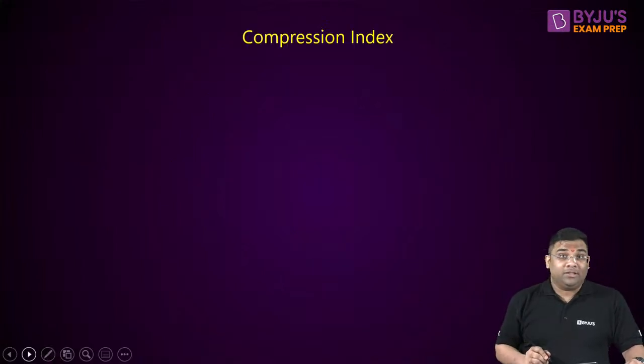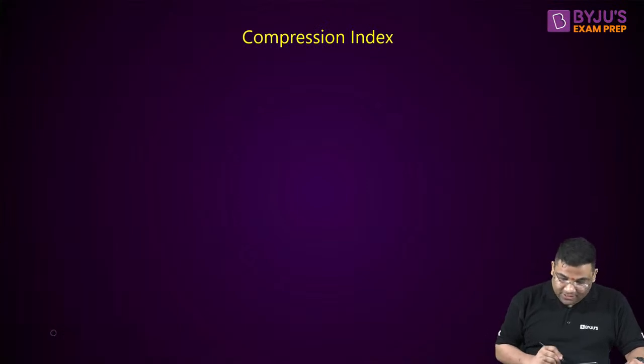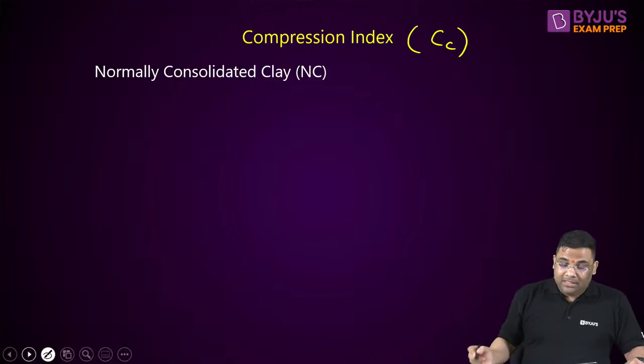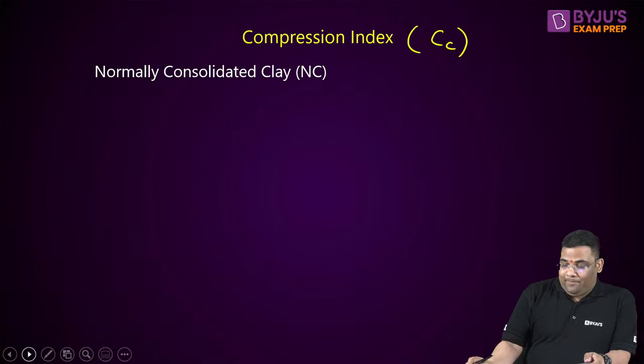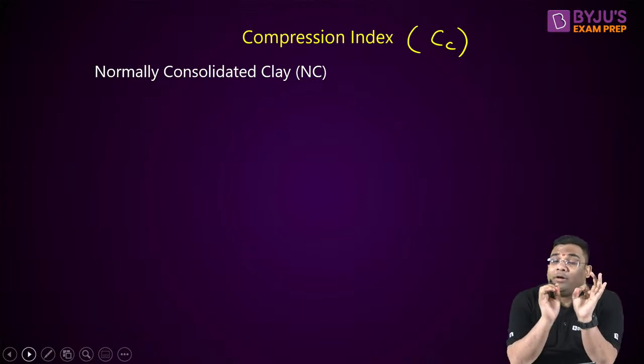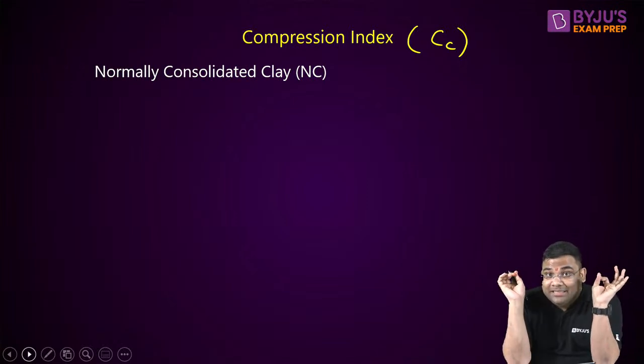The next term is compression index, and we indicate this by Cc. We indicate this by what? Cc. Okay. Now, for an NC clay, if you remember, for the coefficient of compressibility, I plotted a graph between e and sigma,